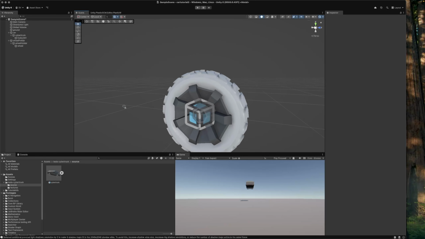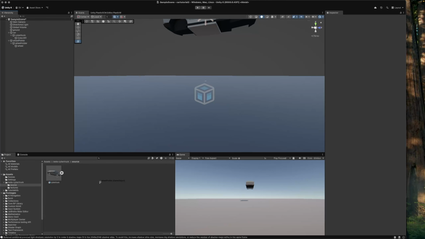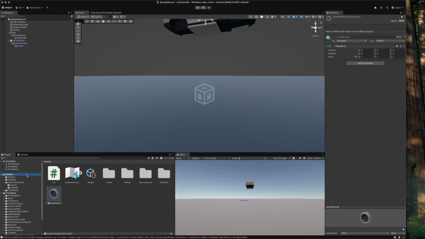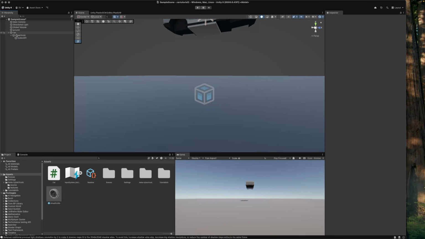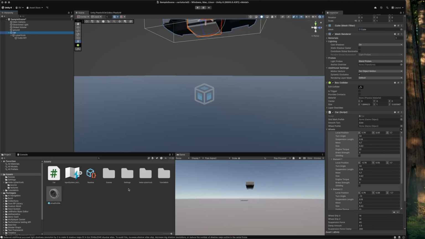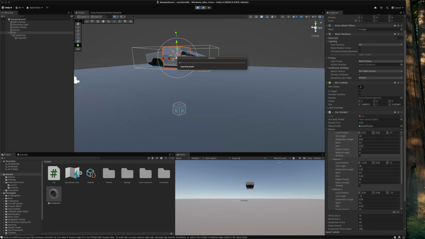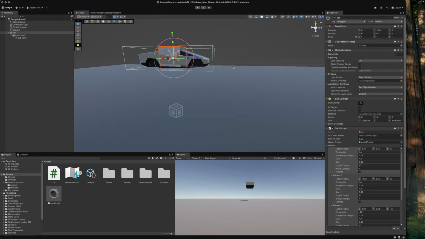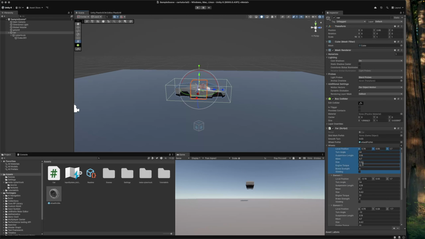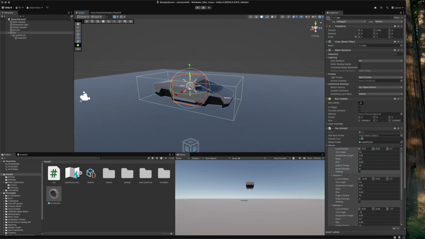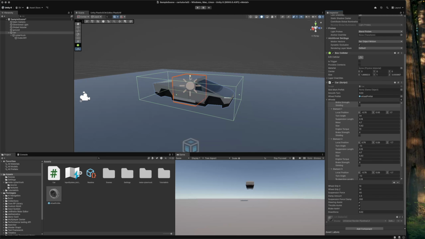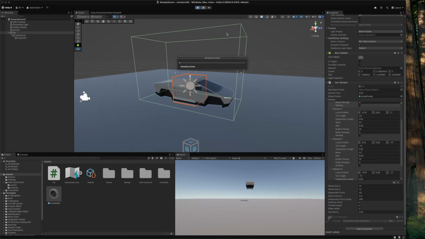And now drag this wheel prefab into your assets here and delete it from your scene. Now go back to your car and we'll drag in the wheel prefab into the wheel prefab section. And now let's see if this works quickly. Okay, it's launched away. So basically here what we need to do is for now select the box collider and just drag this up, because right now the wheels are getting caught up there,